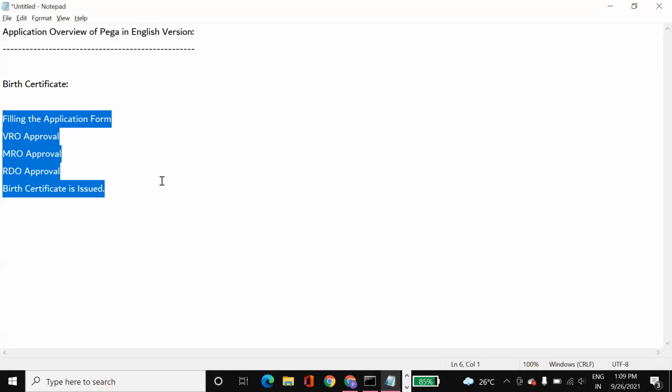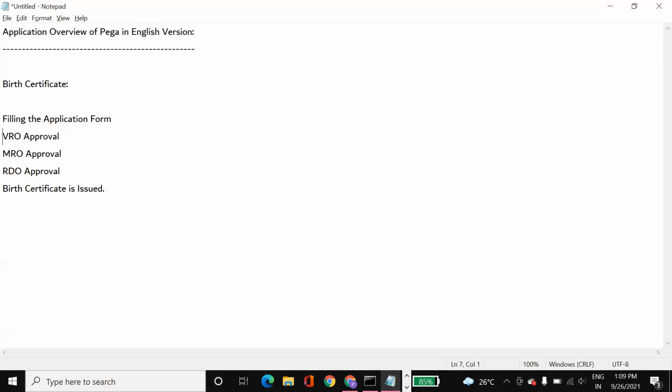So the same thing, if you try to automate or digitize, we can do it with Pega. So the situation will be like, I'll just add a few shapes here. So that starts with the application form.